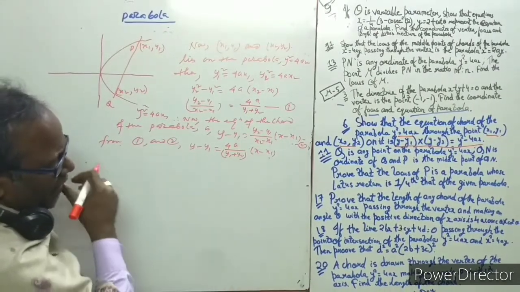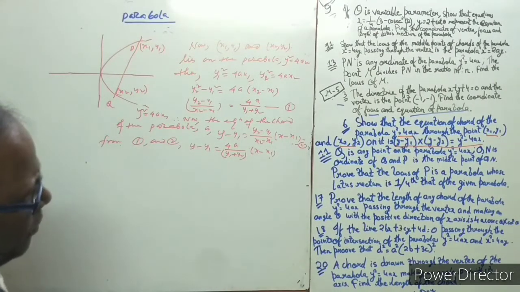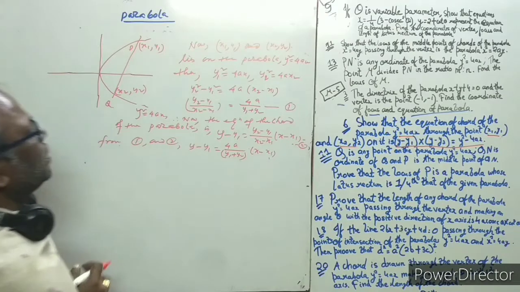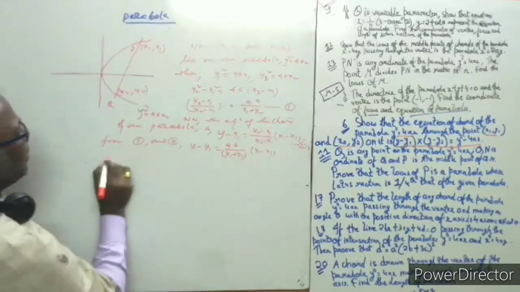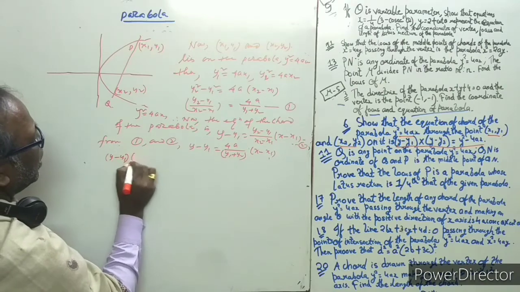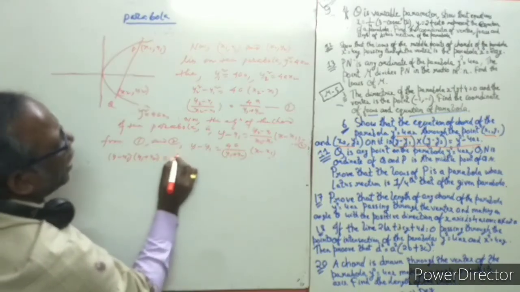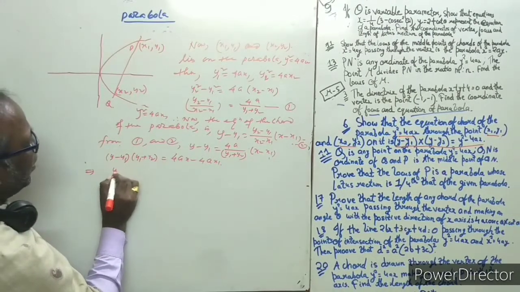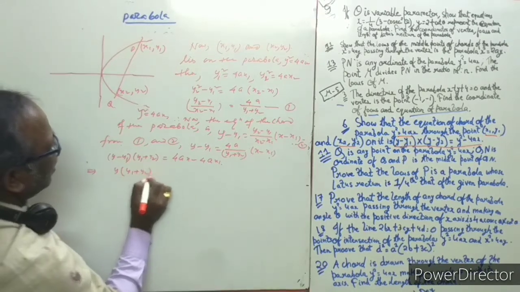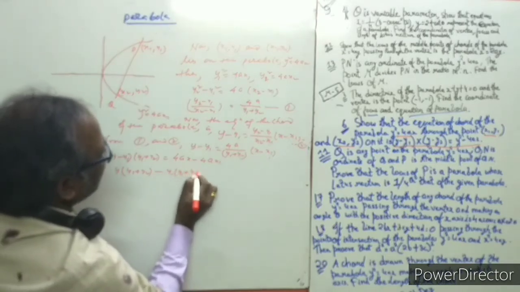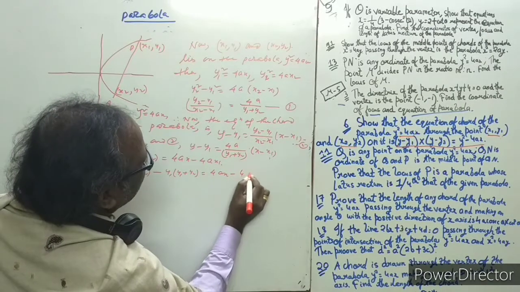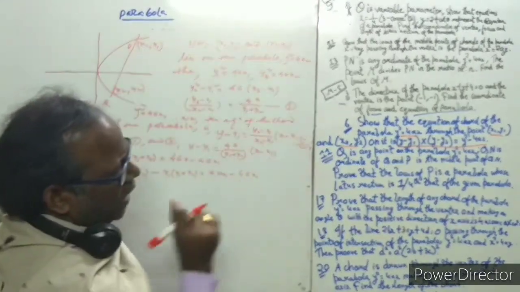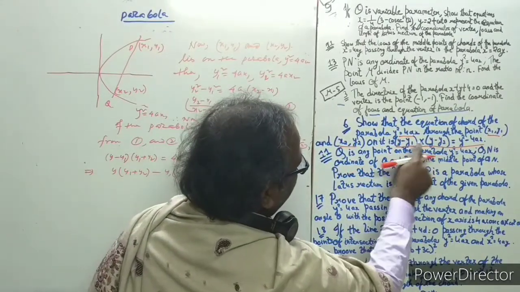You can see easily how to solve this problem. And this is the equation of the chord. This is y minus y1 and y minus y2. See carefully there. Now multiply on the left hand side: this is y minus y1, this is y1 plus y2, and this is 4ax minus 4ax1. So again multiply by y into (y1 plus y2), and then y1 into (y1 plus y2), that is 4ax minus 4ax1. Again see, if we multiply these, we get y square and y into y1 and y into y2.